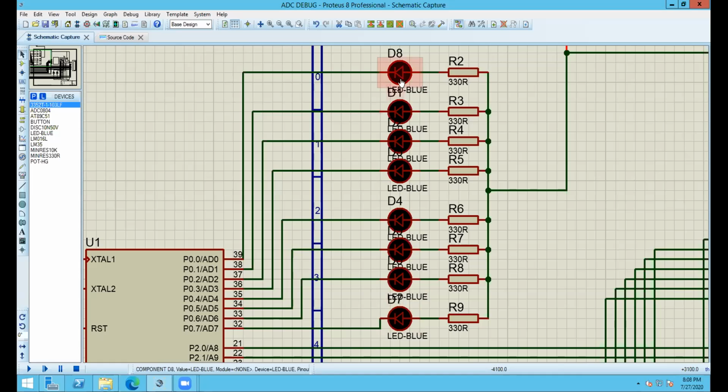So every LED, when it doesn't glow, we will consider the corresponding pin to be high. And when the LED is glowing, we will consider the corresponding pin to be low. So this is an 8-bit data. We have 8 bits here, and these LEDs resemble the reciprocal of each of the bits. Whenever LEDs are low, we will consider it high. So this is our circuit.